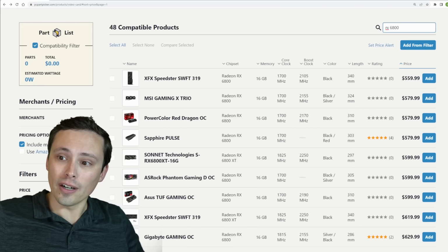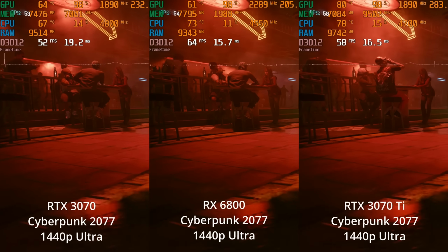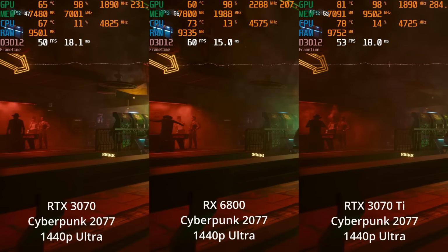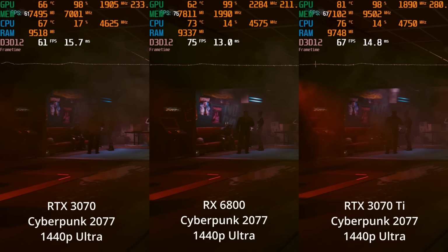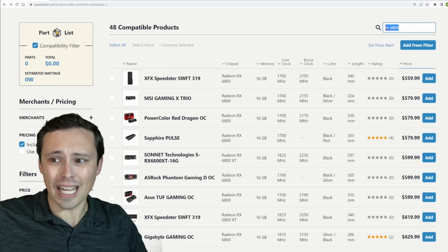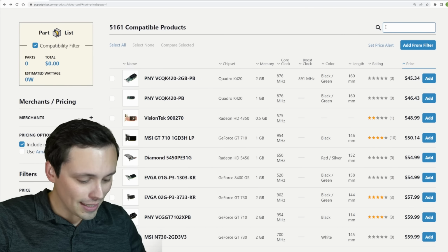If you're looking in this price range and you're willing to consider AMD, you can get a 6800 for around $560, and I recently did a comparison between the 3070, 6800, and 3070 Ti, and the 6800 is generally faster than even the 3070 Ti if we're not that into ray tracing. At 1440p, for the 3070 and 3070 Ti, some lighter ray tracing workloads can do well with DLSS, but really,